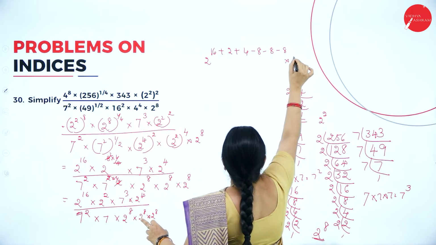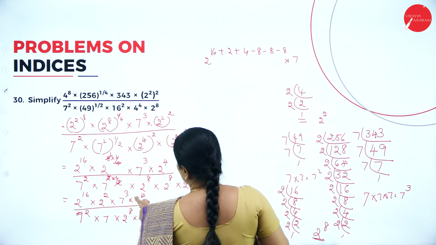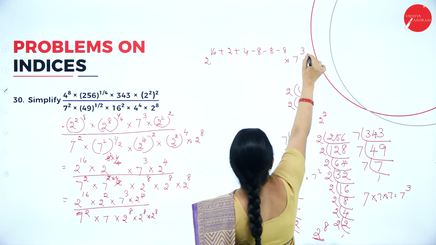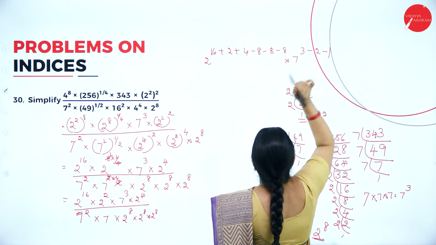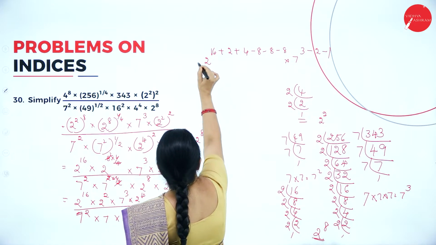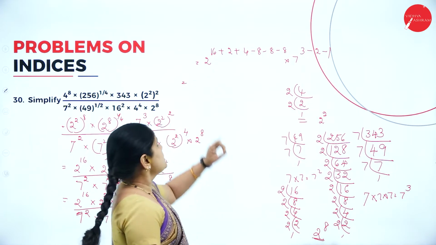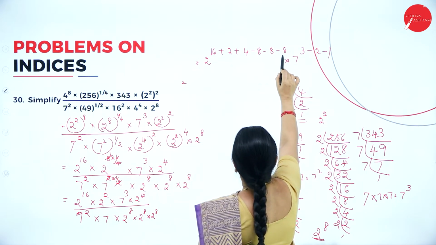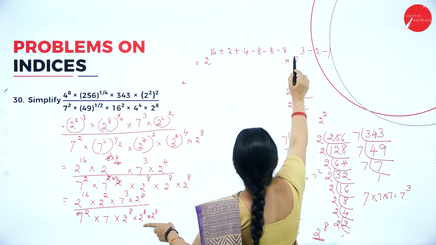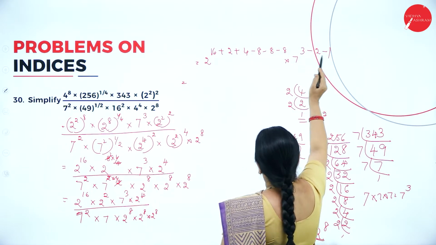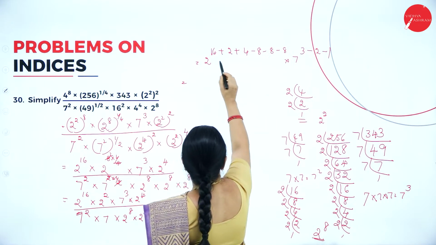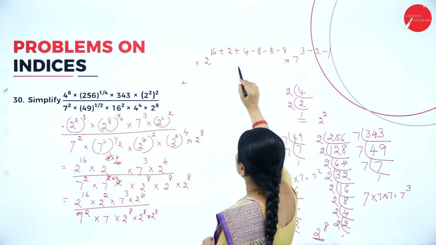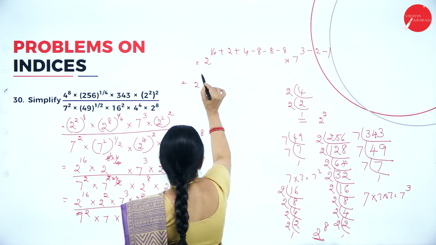Then, into. Next, I have the base 7 here. So, 7 to the power 3. Then, in the base, I have minus 2, minus 1. So, the next step will be, now what we have here is 16 plus 2 plus 4 minus 8, minus 8, minus 8 into 7 to the power of 3 minus 2 minus 1. Now, I'll simplify this. So, 16 plus 2 will be 18, 18 plus 4 will be 22. So, 2 to the power of 22